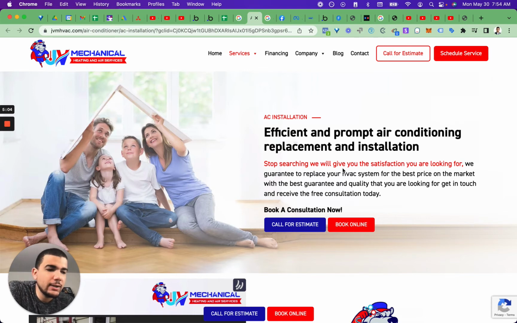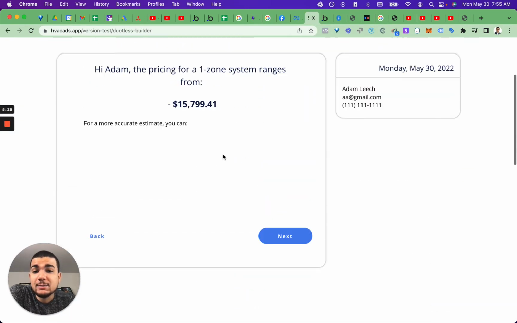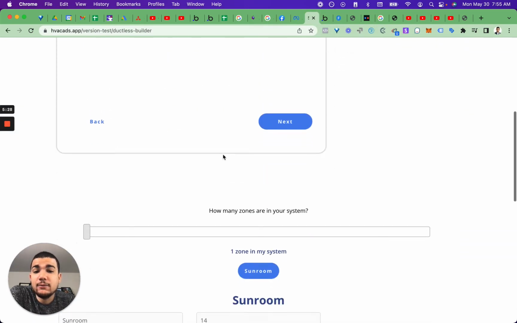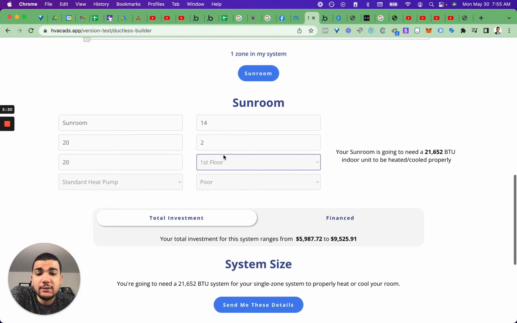by, I think, like 200% or something like that, something crazy. I know the closing rate of one of the companies was 25% before they started using something like this, and then they increased to about 65 to 70% of people they saw, they closed because they knew the price up front. They knew what to expect. So using a quote form or something like this, or a landing page dedicated specifically to mini splits, is going to be very, very helpful,